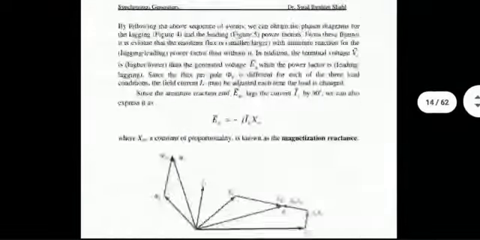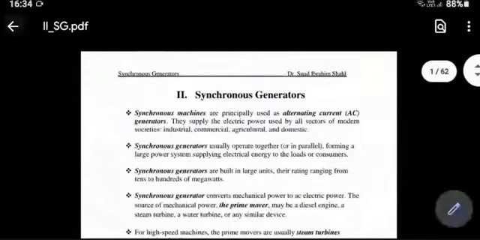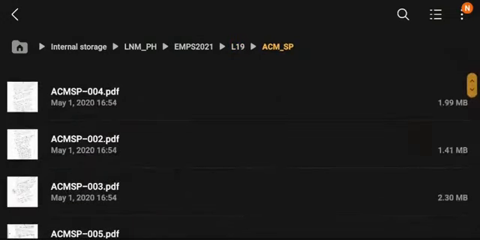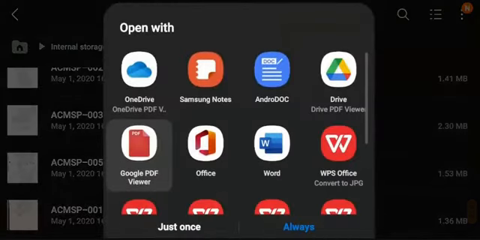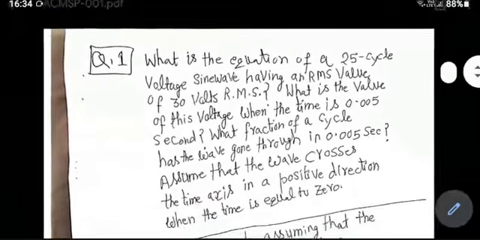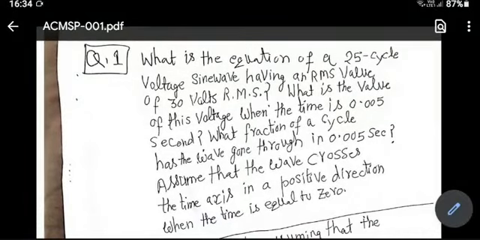Now let me jump to some numerical problems and some discussion on equivalent circuits once again in a simplified manner, hoping that you have understood at least something about the basic construction of synchronous generators. The first set of solved examples are actually not even talking about synchronous generators. They are more regarding fundamentals of AC. Look at question 1. Believe it or not, such questions are asked in GATE, GRE, etc.